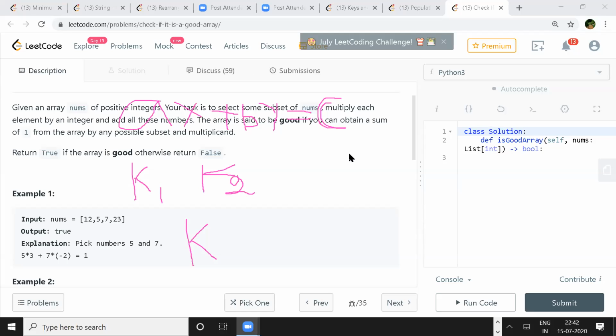Because K is dividing AX plus BY, C also has to be a multiple of K for the solution to exist. So you're telling it is dividing, and so K has to go this side. Yeah. So if you have a common divisor, which is K, for AX plus BY, then C will always have some value which is a multiple of this common divisor.